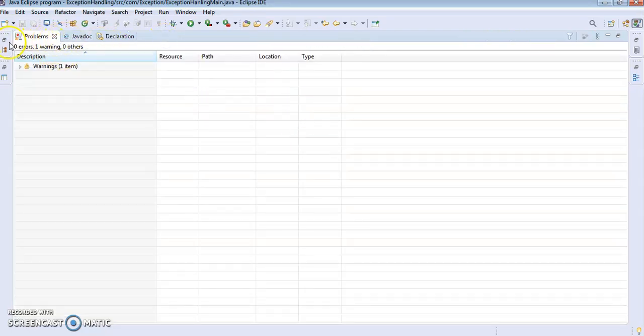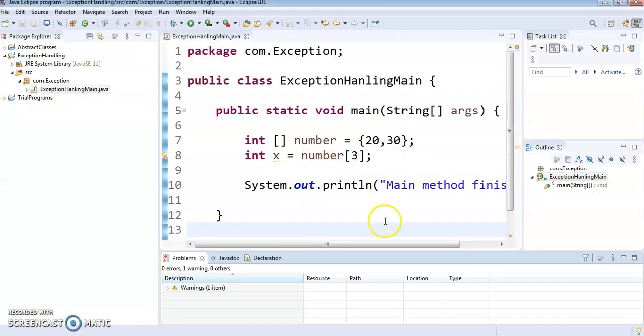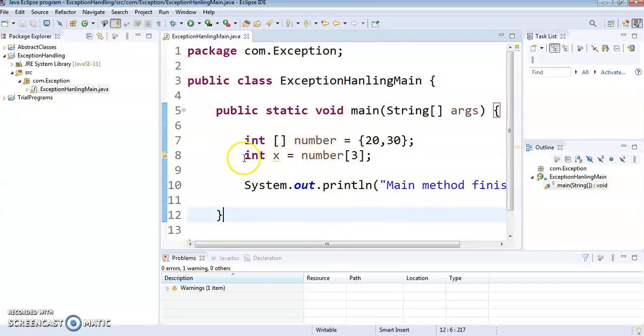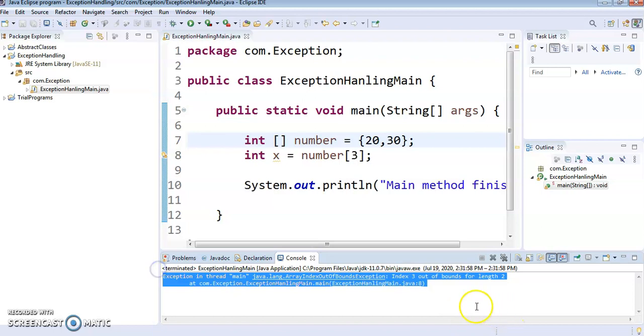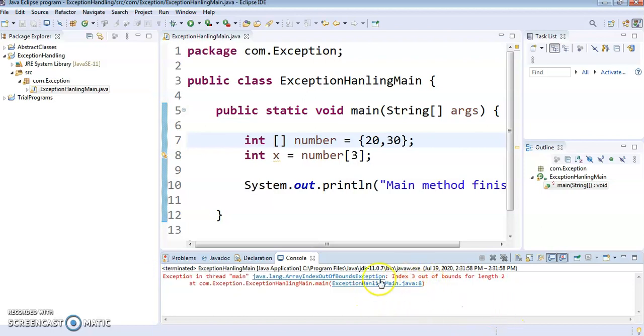Now let us go back to the program. See, this error is showing. I will run one more time. It's giving the exception. This entire output is called a stack trace. That means you can easily get to know on which line the error has been caused.